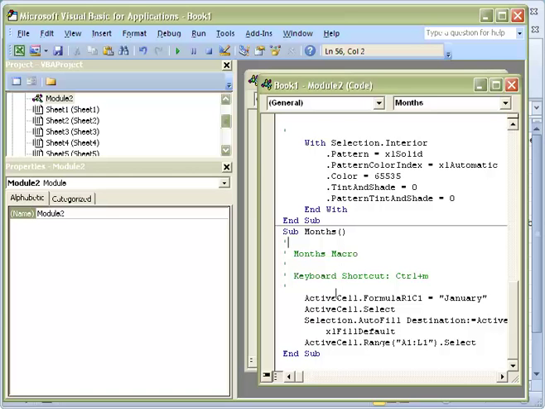And as you can see here, the code is very simple. It doesn't show which cell we select. It doesn't matter, but whatever is activated, which means selected, right? Then in there we want to type January, and starting from that active selected cell, we just use autofill, okay,